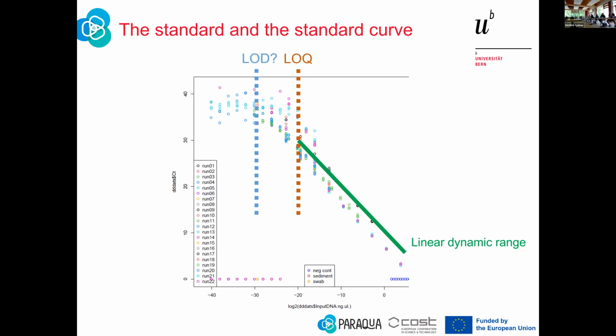And then usually you have a limit of detection where you don't get any points up here anymore, and they all drop to no reaction, no amplification. And here, this looks a bit unusual because they stay up here. And we actually realized that there was a problem with this assay